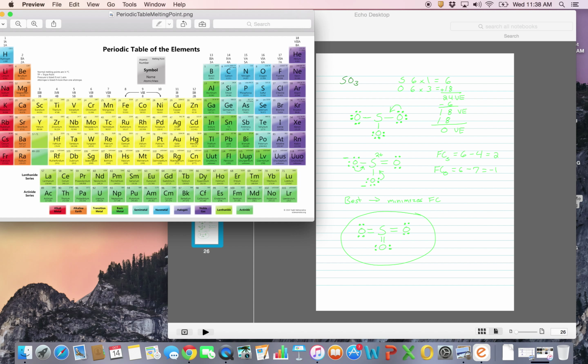It's SO3. We do not have a charge, so we do not have to worry about that. What we must first do is add up valence electrons. Sulfur has 6, and we only have 1 atom of sulfur, so there's 6 electrons. Oxygen has 6, and we have 3 atoms, so that's 18 electrons. When you add these together, you will receive 24 valence electrons to work with